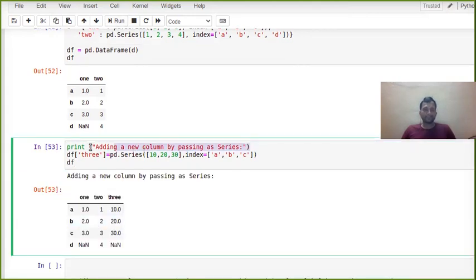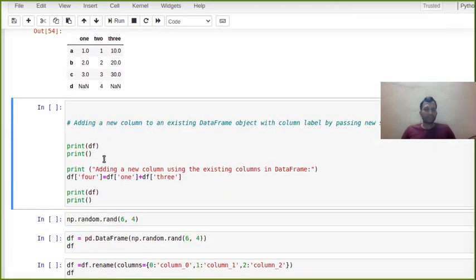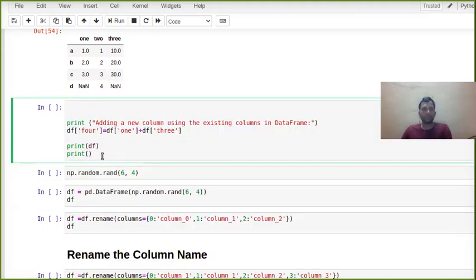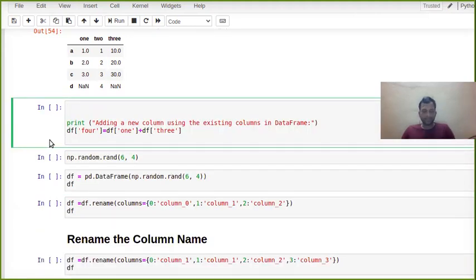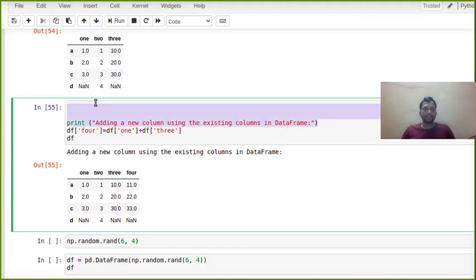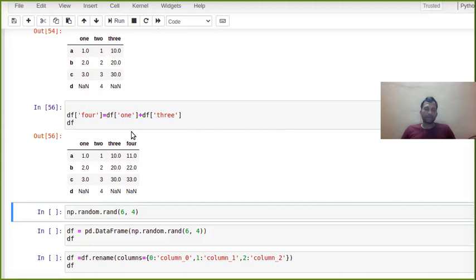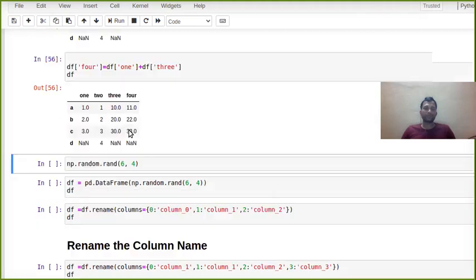What I am adding: I had 1, 2, 3 and 1, 2, 3, 4. Now I added 10, 20, 30. I have already discussed all these things. In the same way, like I have shown you for multiplication, if you want to do summation, you can add the two also. If you want to note these things down, you can pause my video and note this down also.